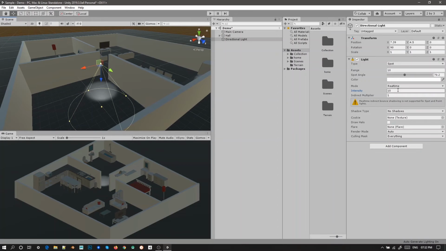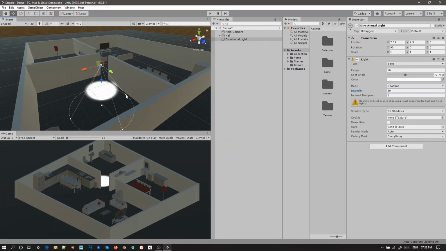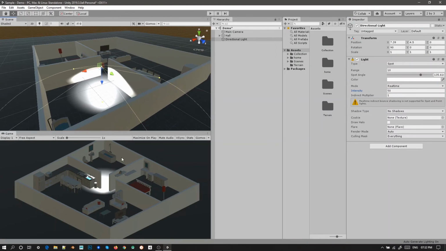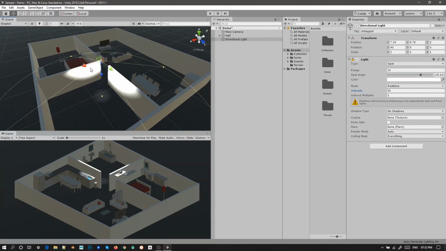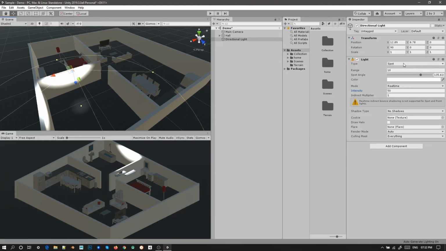And this is mainly used for setting a particular spotlight for any of the objects in your game, or according to whatever you want to highlight, you can use this. Okay. So these are the functions of spotlight. Next to that, we shall see what a point light is.